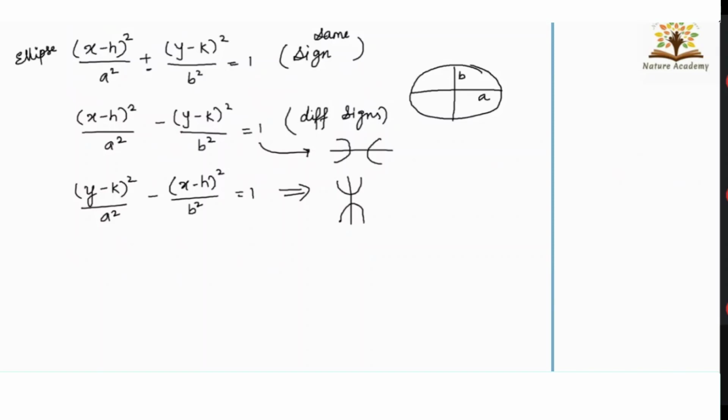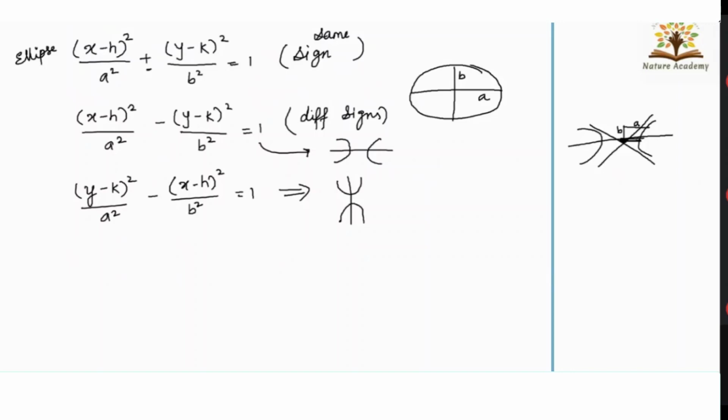Okay. And what are a and b here? A and b means if you draw asymptotes, I will draw it here. This is not needed, but still, if you draw asymptotes here like this, which are passing through the center, it should pass through the center. Now this distance will be a, and this distance will be b. This is b, and this will be a. Okay. So just maybe anyone will be curious, that's why I told. Anyway, it's not needed. We will need the equations.